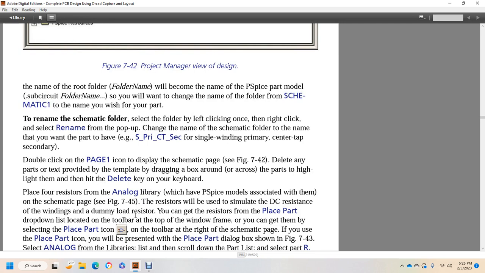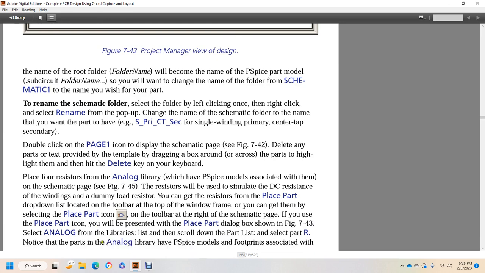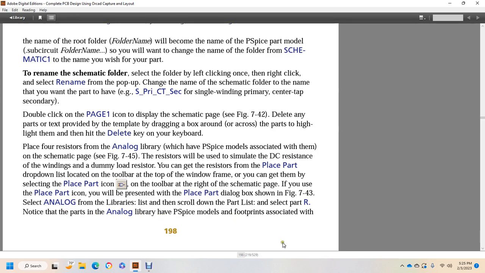The resistors will be used to simulate the DC resistance of the winding and a dummy load resistor. You can get the resistor from the Place Part drop-down list located on the toolbar at the top of the window frame, or by selecting the Place Part icon on the toolbar at the right of the schematic page. If you use the Place Part icon, you are presented with the Place Part dialog box shown in figure 7.43. From the analog library, scroll down the part list and select R. Select part R and note that the part from the analog library with a PSpice model and the footprints associated with